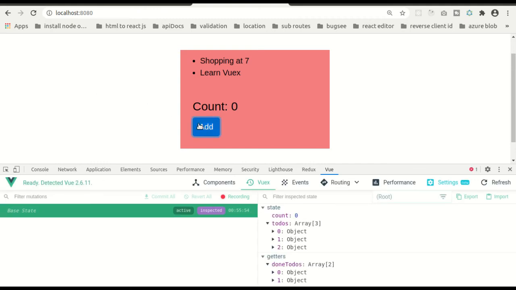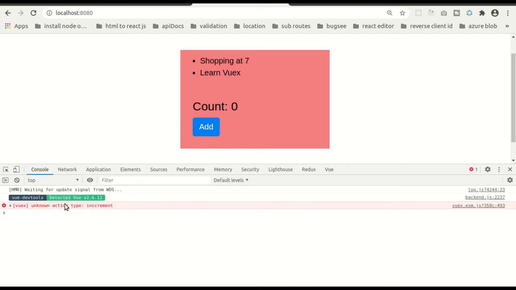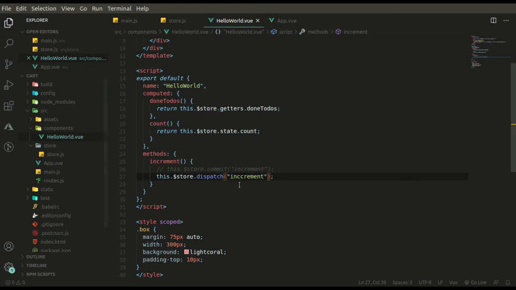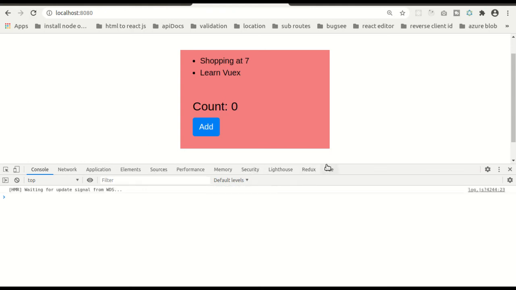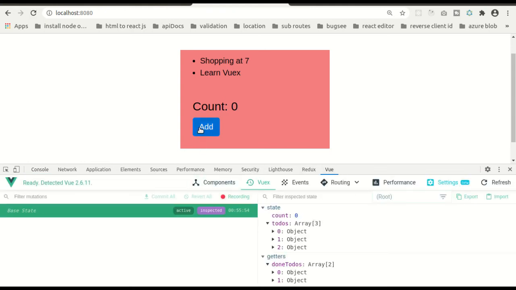Now let's try clicking on the add button. Nothing is happening. Why? Unknown action type increment. Let's correct it. Now let's try clicking once again.